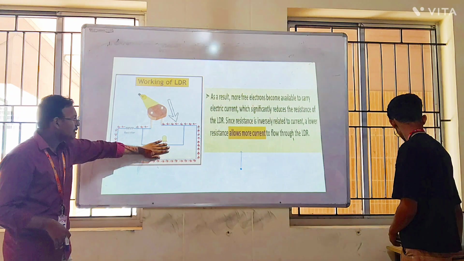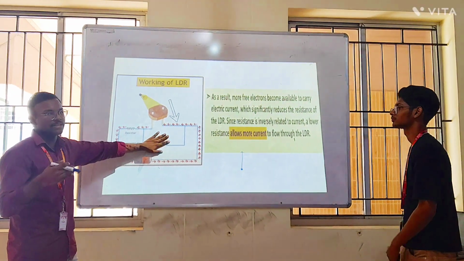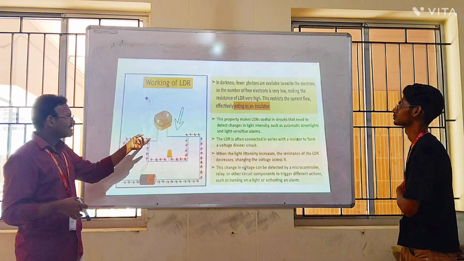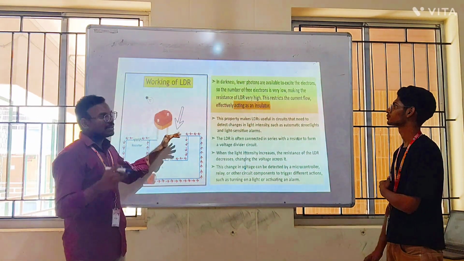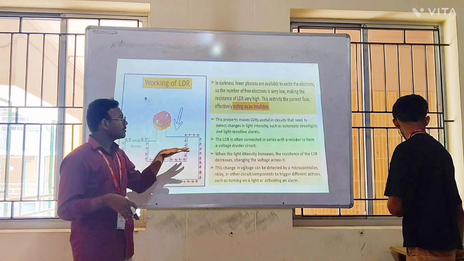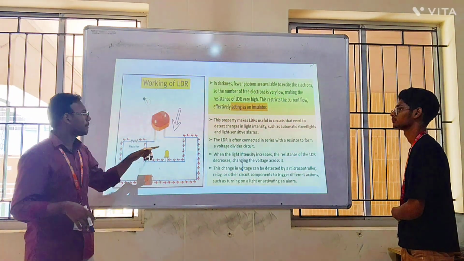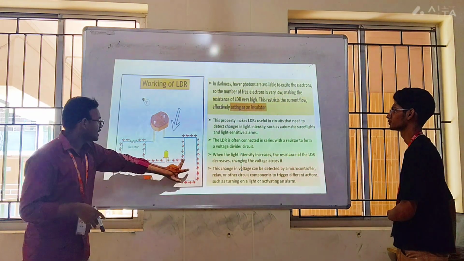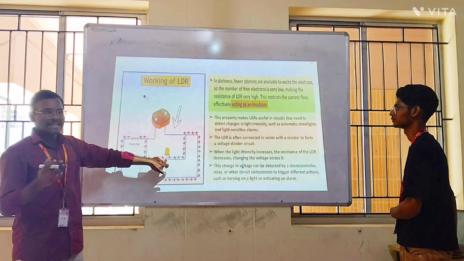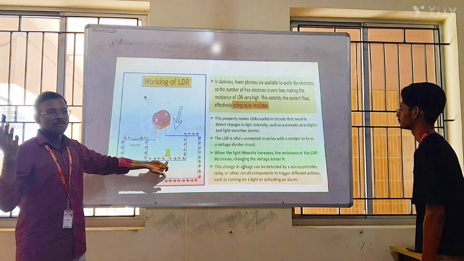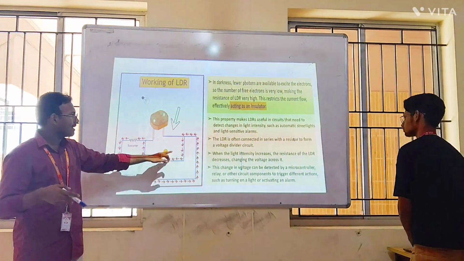Here I connected a bulb in parallel to show you the voltage divider. In darkness, only a few electrons will be there. So there are very few free electrons, making the resistance of this LDR high. So the current will pass through this bulb. So it is an application of a night lamp, an automated night lamp. You could see it in streets where